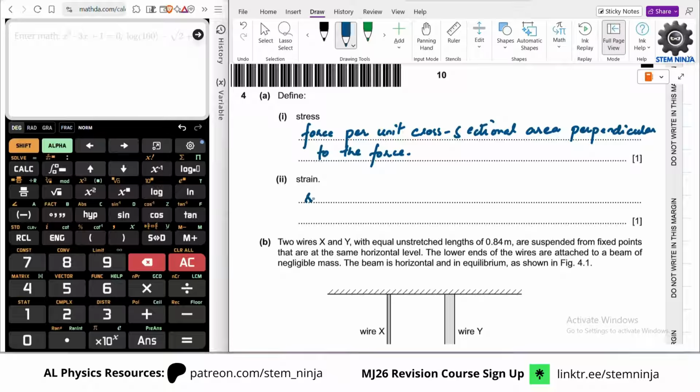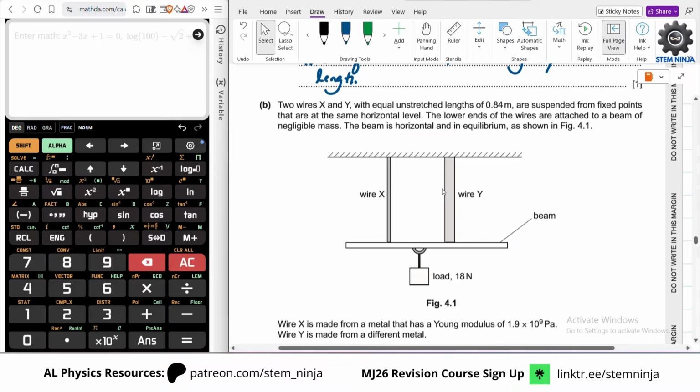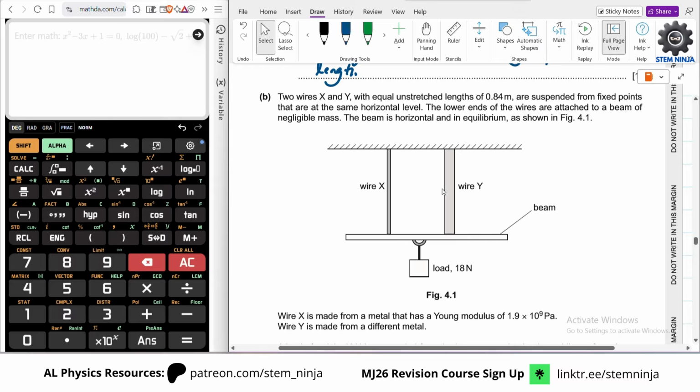And strain is the ratio of extension to the original or unstretched length. That's it. Okay. Two wires X and Y with equal unstretched lengths of 0.84 meters are suspended from fixed points